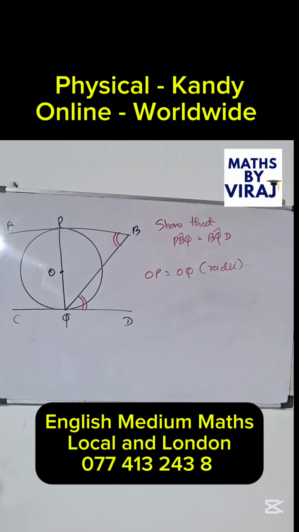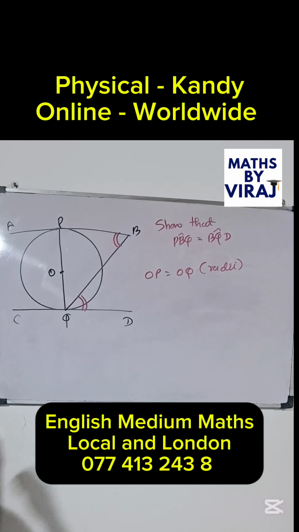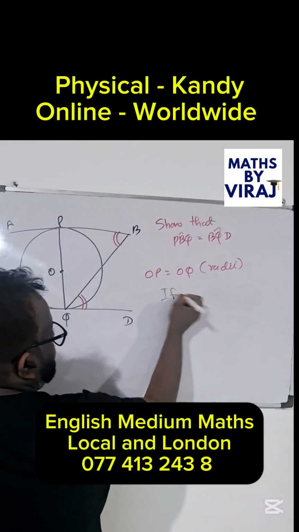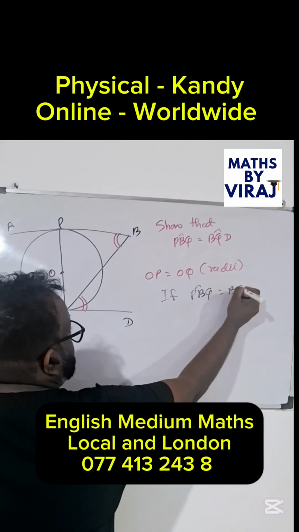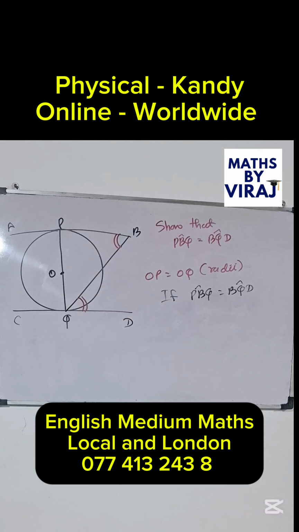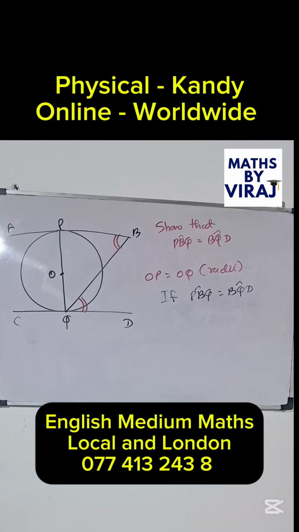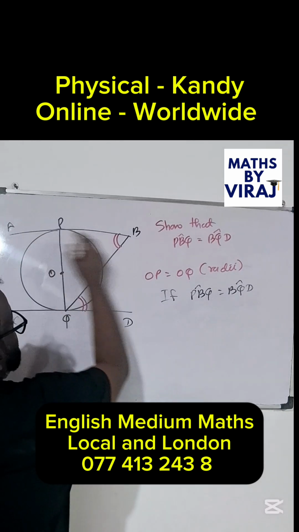Now in such an instance, this is how you build up your thinking pattern. You should know that, right? If PBQ is equal to BQD, what is the reason for them to be equal? If they were to be equal, what is the reason? We can see that